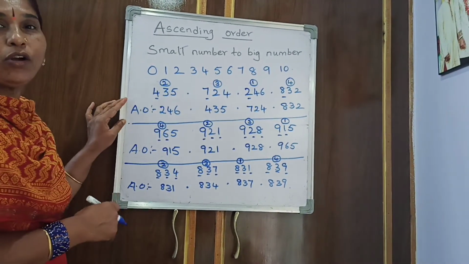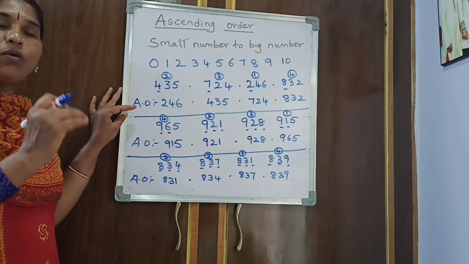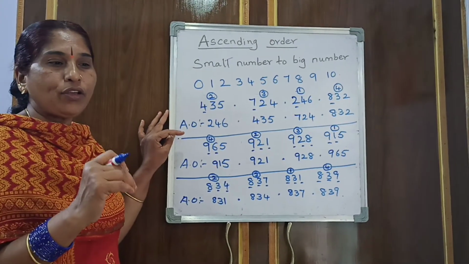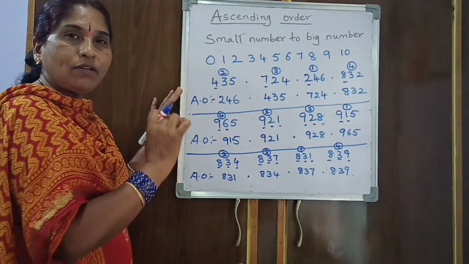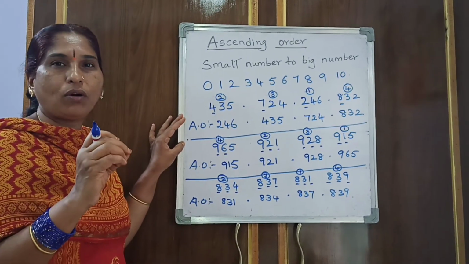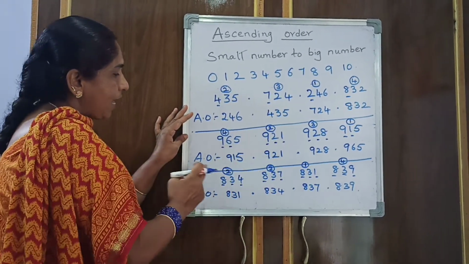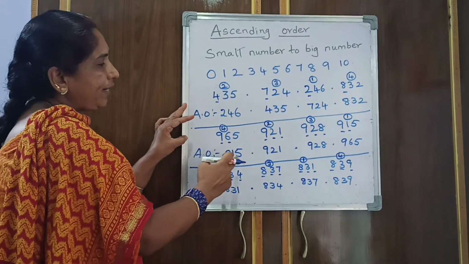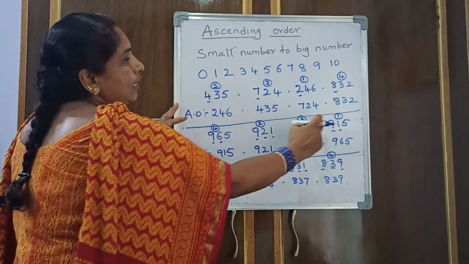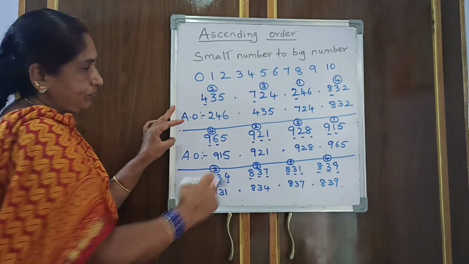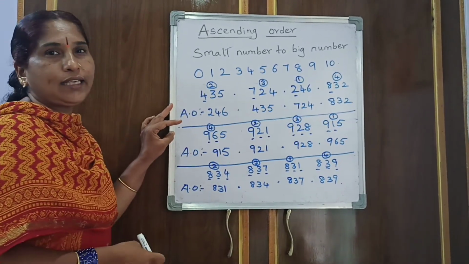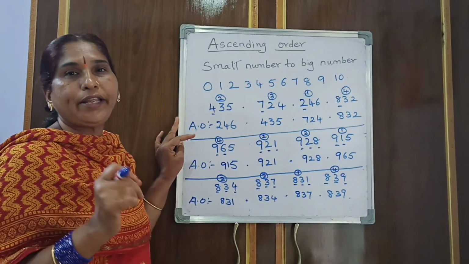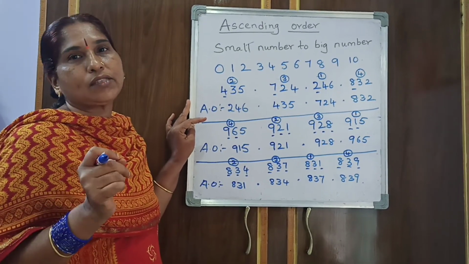So this is ascending order, arranging the numbers from smaller number to bigger number. It is called ascending order. See, whenever you are writing in your check roll book, write the numbers in one box, then keep one dot and leave one box, and then write the numbers like this. When you are arranging in ascending order, write here AO and arrange them by seeing this series 1, 2, 3, which is the number we have circled. Is it clear, children? I hope you have understood. See the video and just see the PDF and do the work in the classroom book. Thank you.